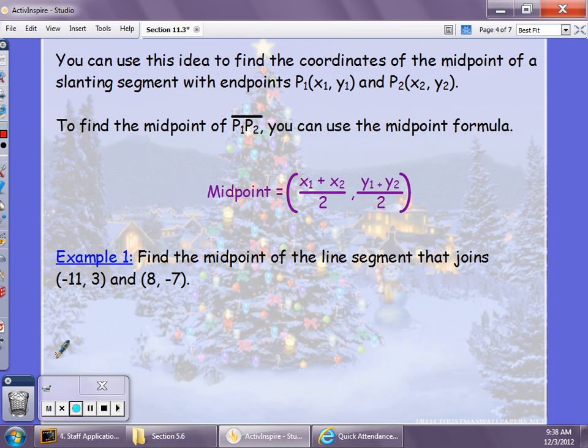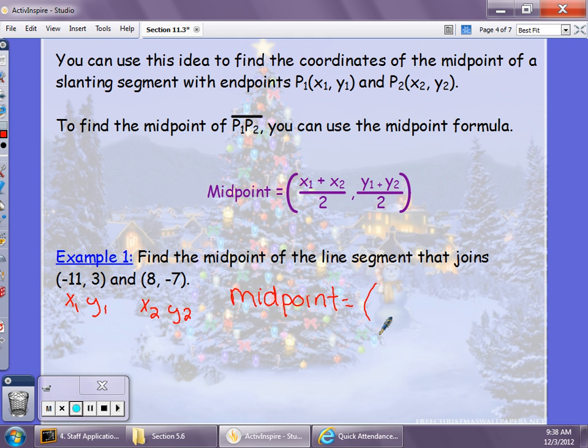Let's take a look at example 1. We're going to find the midpoint of the line segment that joins ordered pairs -11, 3 and 8, -7. So we're going to go ahead and call -11 x1, and we're going to call 3 y1. We're also going to label 8 as our x2 and -7 as our y2. So now we can go ahead and use our midpoint formula. So the midpoint